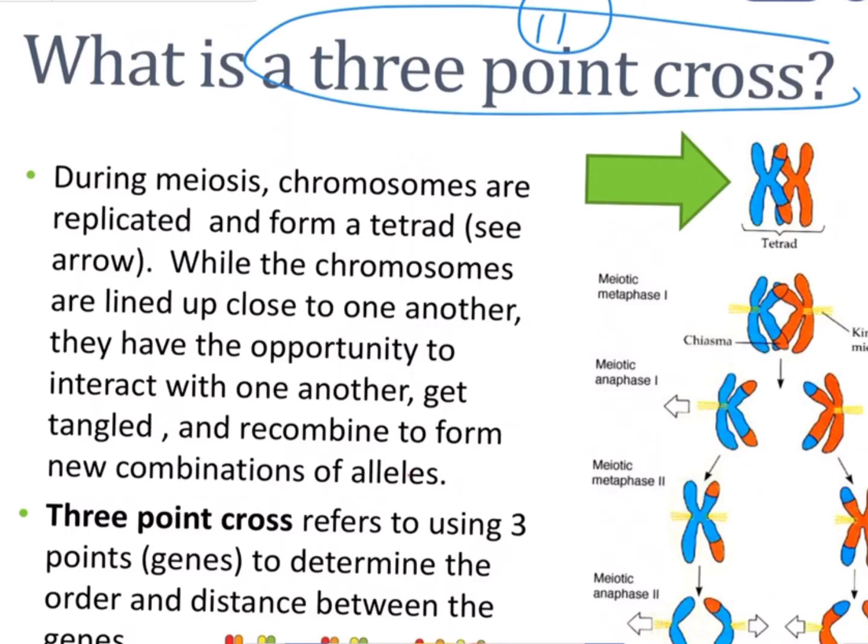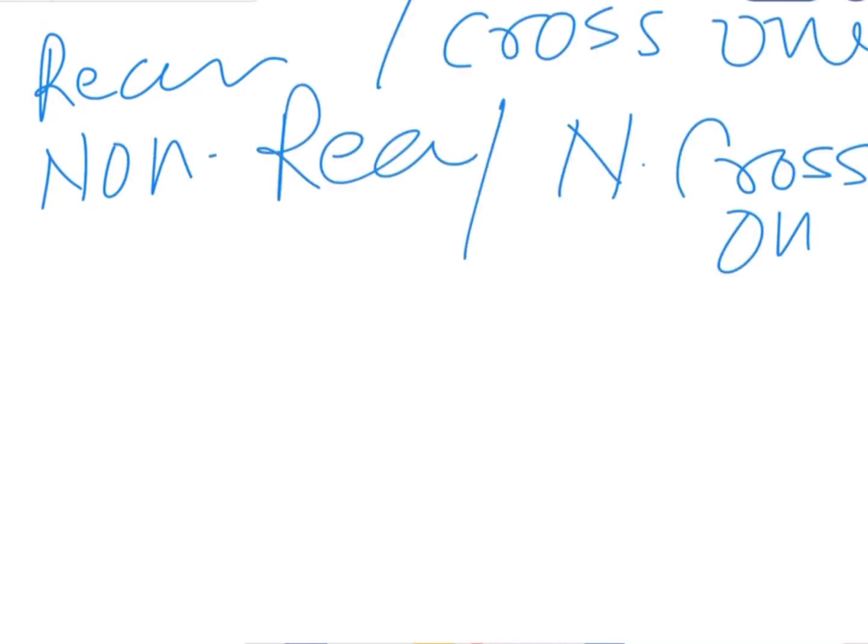During the meiosis process, when chromosomes are replicated, form a tetrad and complete meiosis, as a result we get new combinations of alleles, or new recombinations. Such new combinations of alleles are known as recombinant or crossover types. So we start with some important terms like recombinants, non-recombinants, crossover types or crossover, non-crossover, and double crossover.